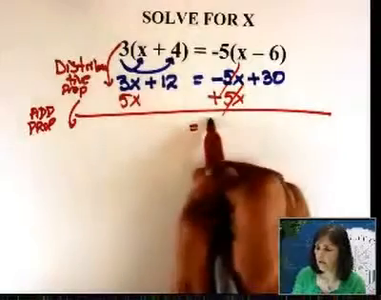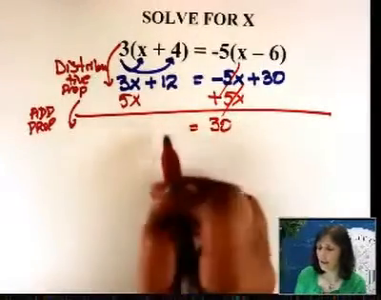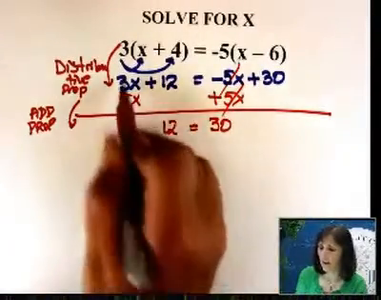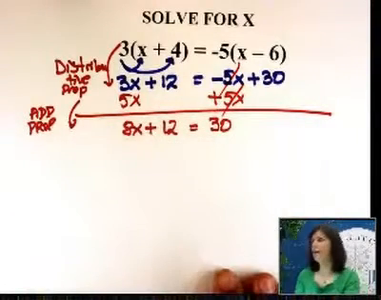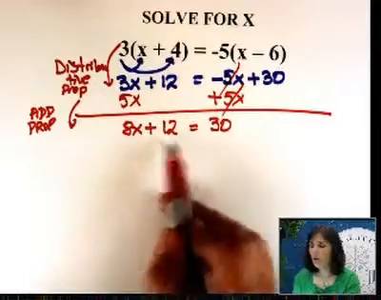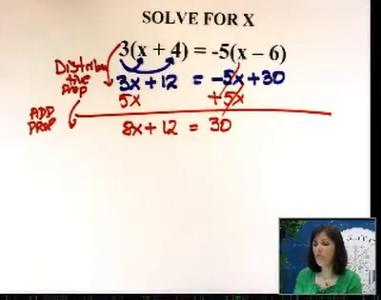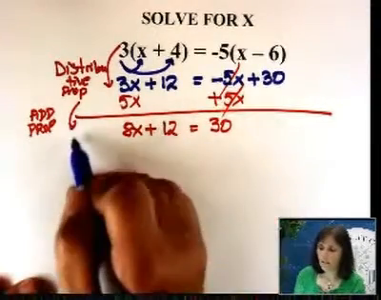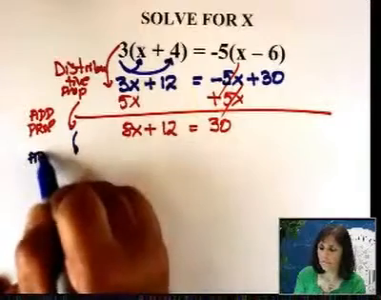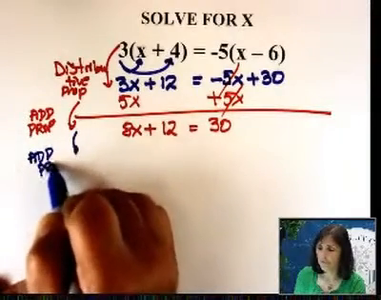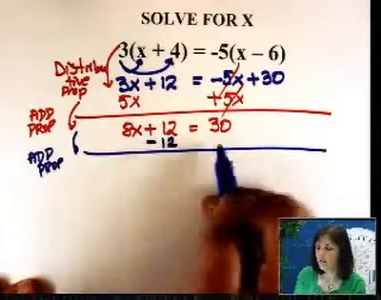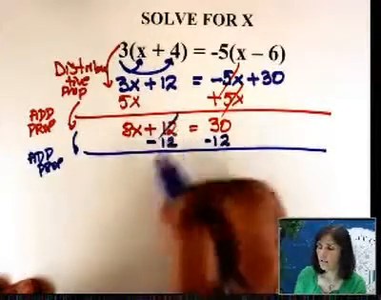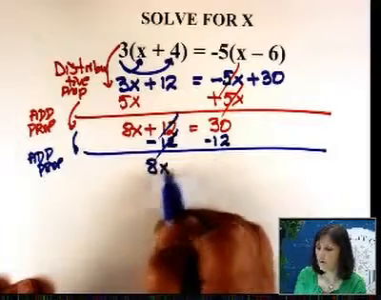You'll end up with 30 on the right, and you have 12 on the left, and now 5 plus 3, that's 8. Okay. Now what do I do? I need to get rid of that 12. Addition property again, one more time. So what I'm going to do is subtract 12. These two will go. You'll have 8x equals